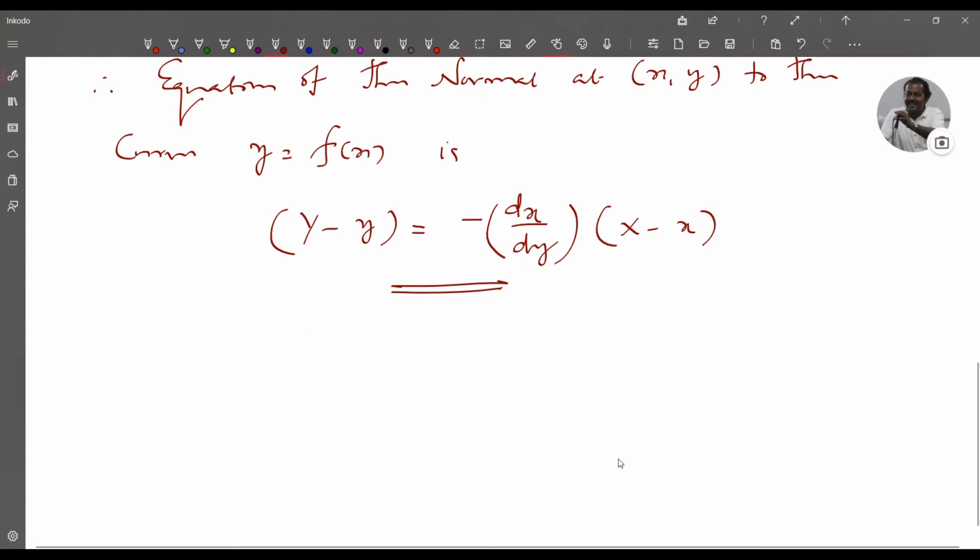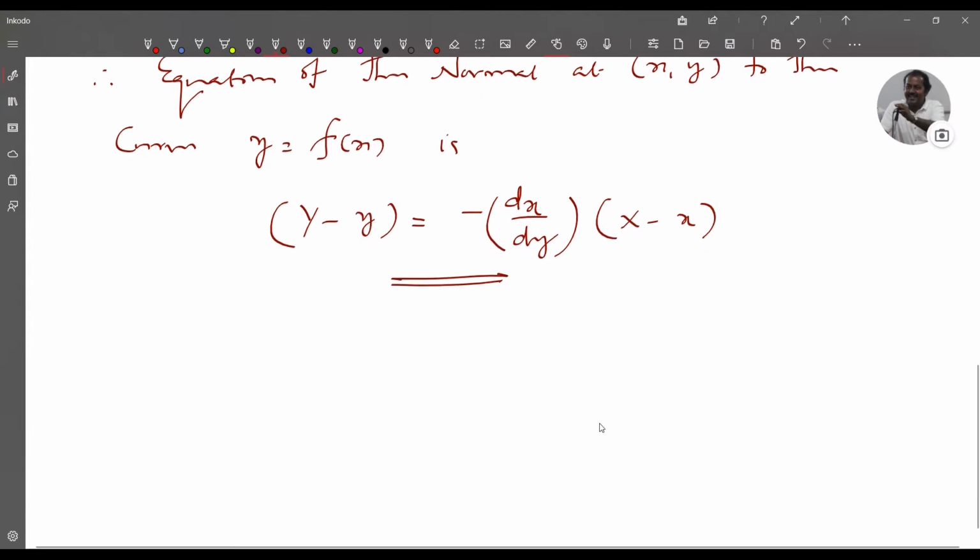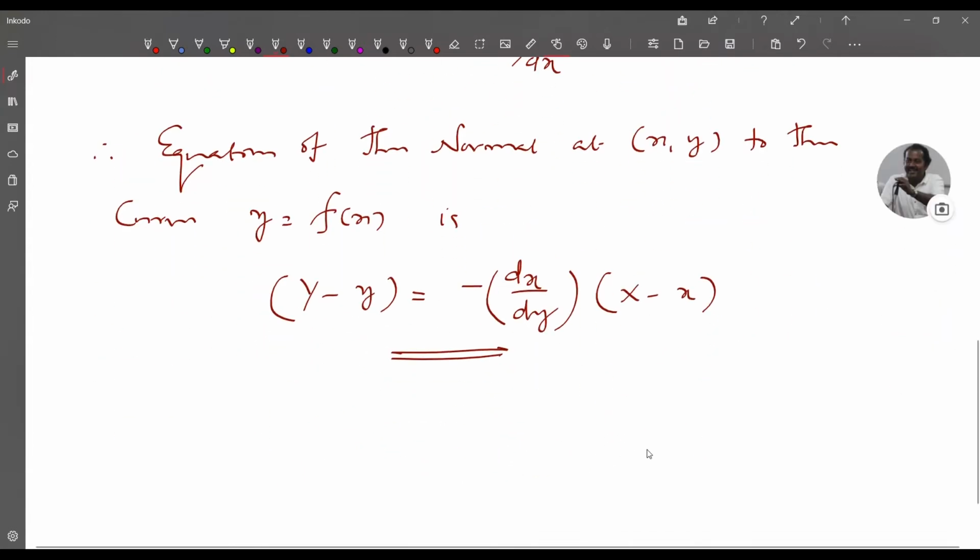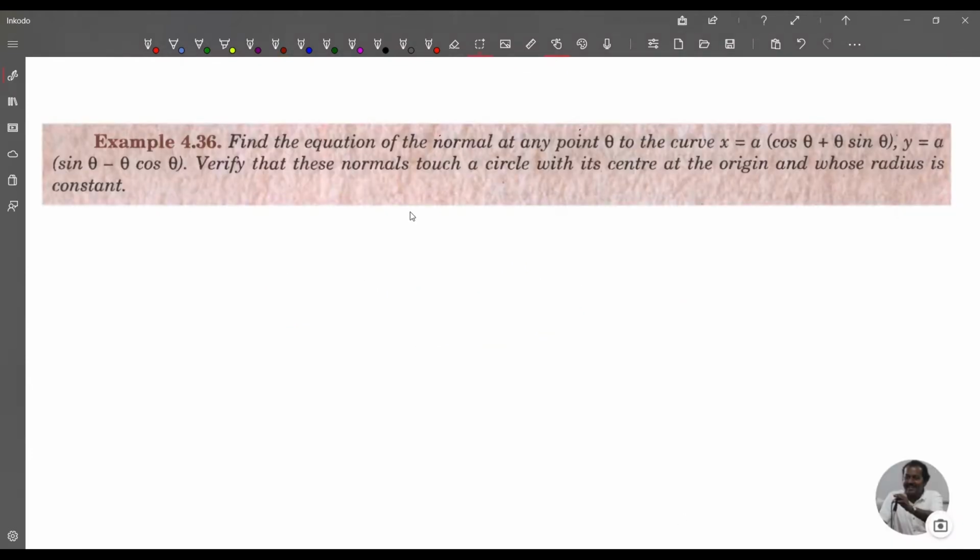Now we do a problem. Find the equation of the normal at any point theta to the curve x is equal to a into cos theta plus theta sin theta, y is equal to a into sin theta minus theta cos theta, and verify that these normals touch the circle with its center at origin and whose radius is constant. So we'll solve this. Solution: